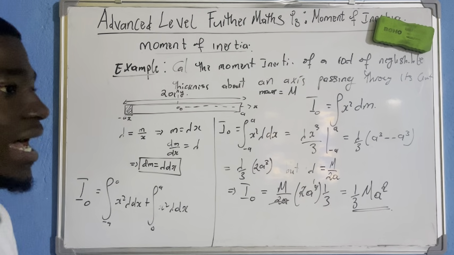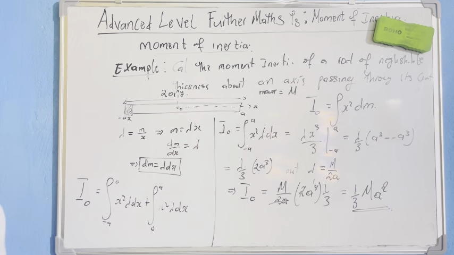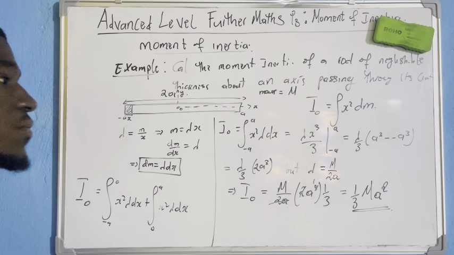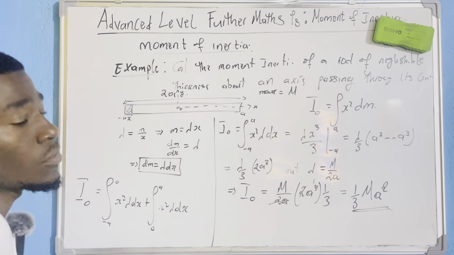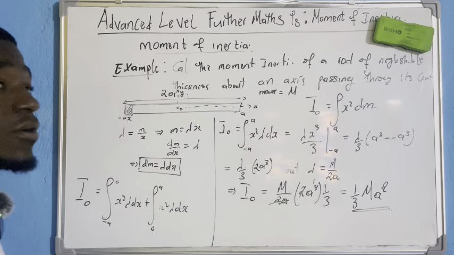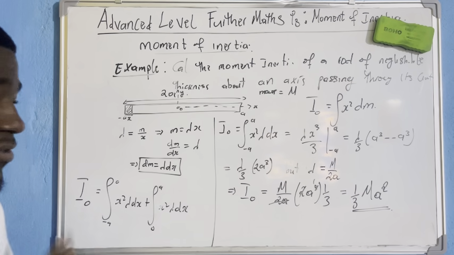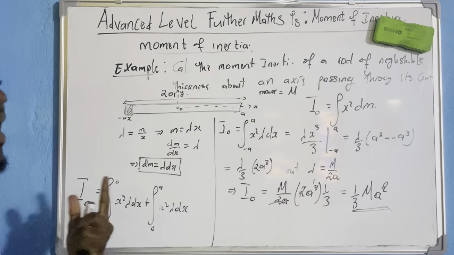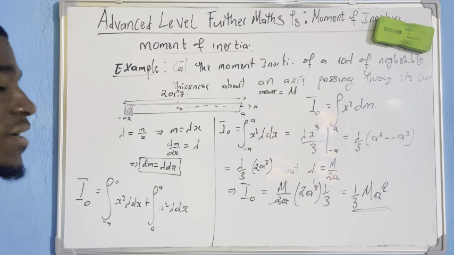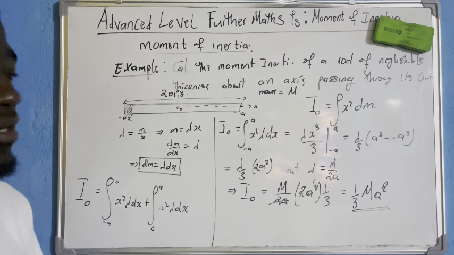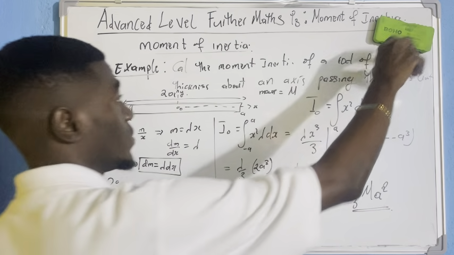As I said, linear density is used. Why am I using linear density? Because I'm having a rod of one dimension. When we go to figures of two dimensions, you see that I will not use linear density. I will use what we call surface density, or area density. In French they call it densité surfacique. Now here you will not see volumetric density. Volumetric density is for space, because space is three dimensions. You are not seeing it at the advanced level. That is already a university program. In French it is called densité volumique. Those that will do Polytech and all those, you will see that.